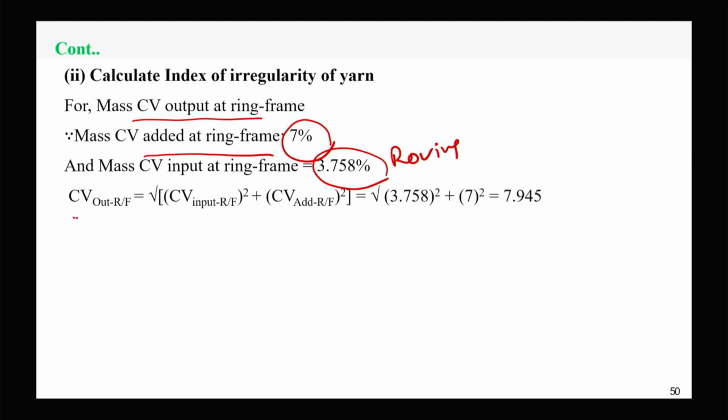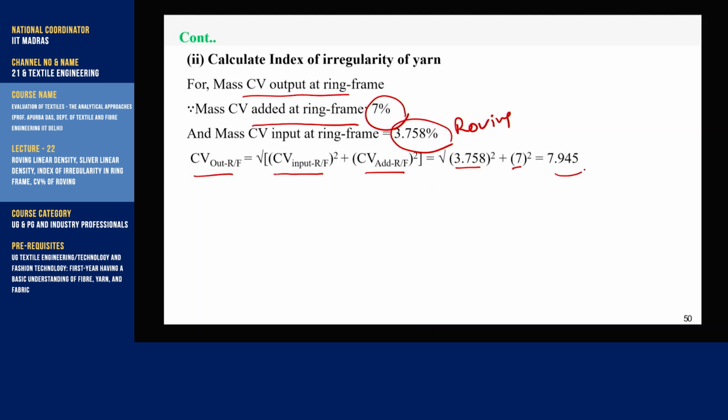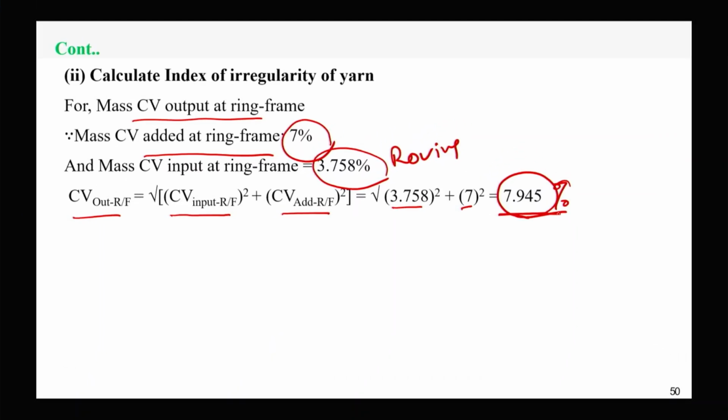So CV of yarn. So mass CV of yarn, roving CV is 3.758 and 7% is added. So we are getting 7.945 CV% of yarn. The CV percentage of yarn we have calculated,